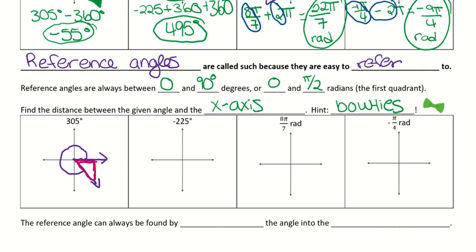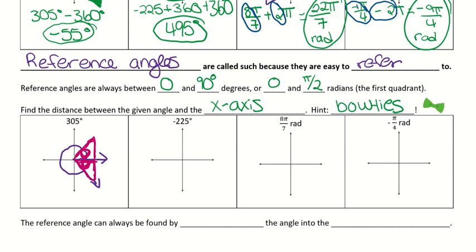So the reference angle comes from reflecting that triangle into the first quadrant. How do we know the measure of that angle, though? We're looking for the measure of this angle, so we're looking for this value. Well, we can do that by finding the measure of this angle down here, because they're the same angle, it's